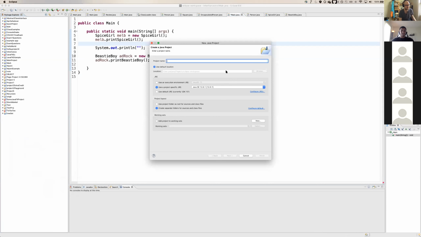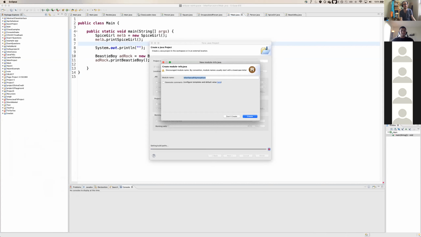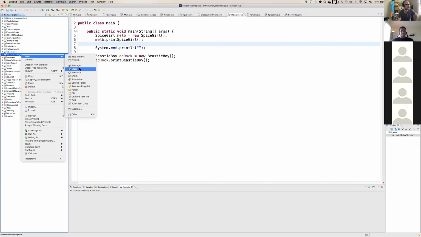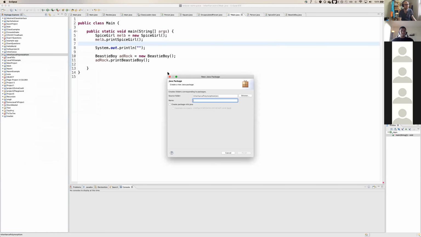A really typical thing you're going to see. You're going to see this a million times, today included, when people talk about inheritance and polymorphism. Don't create a module info Java, don't do it, it's bad news. So I say new, let's say new package. This is new for us. We haven't created packages, but